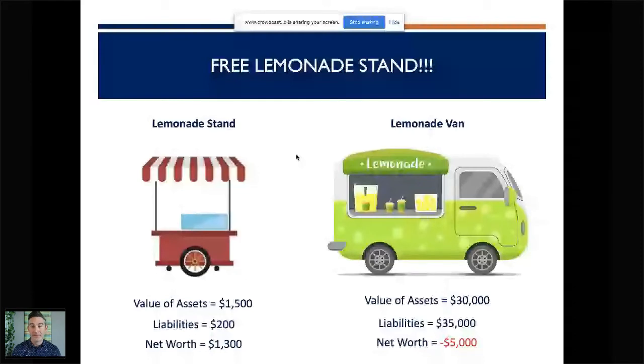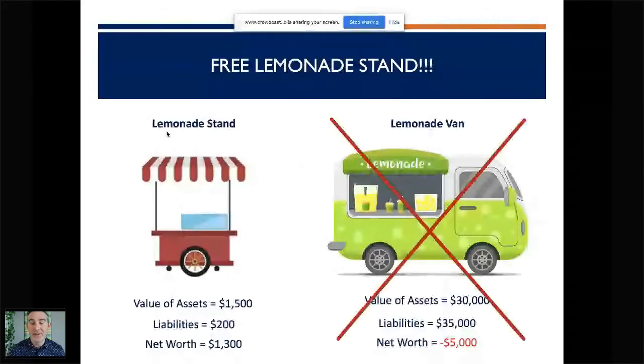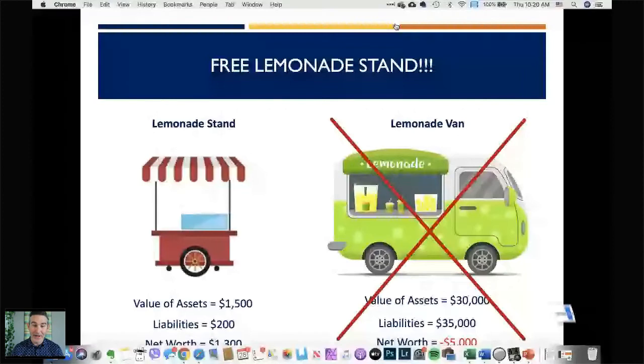So, again, there are other factors, but just purely in terms of the net worth of the business, the negative $5,000, you have to really look at both the assets and the liabilities in order to understand the net worth. Okay, and Danny is pointing out, I can hide this. Thank you, Danny. That was very helpful.